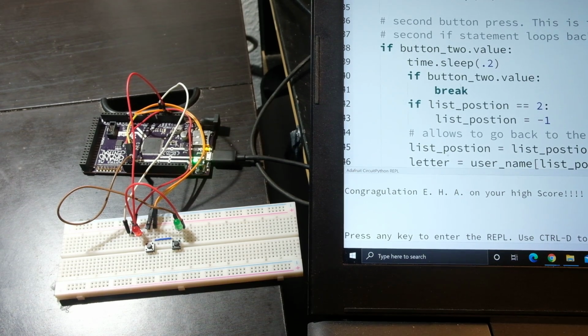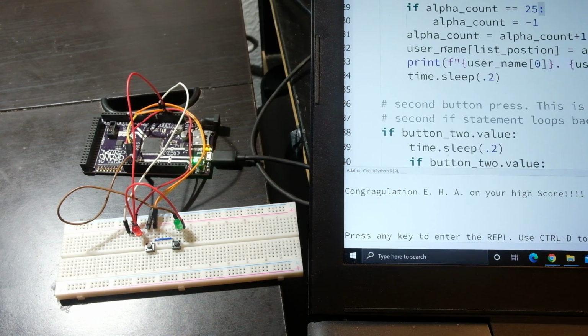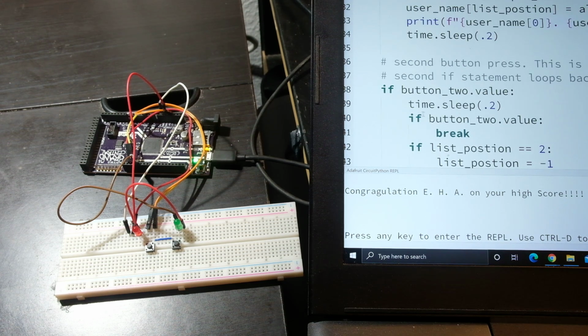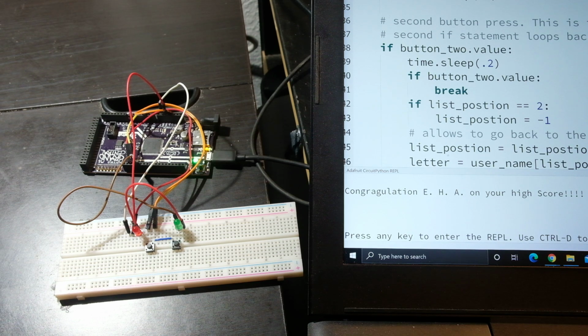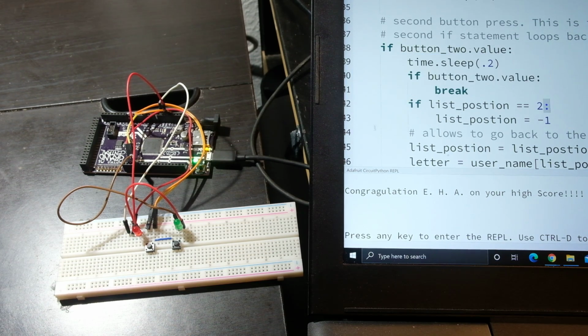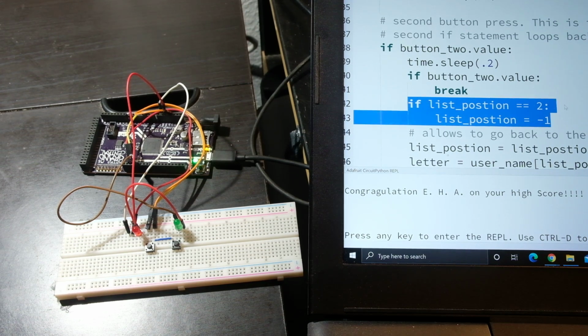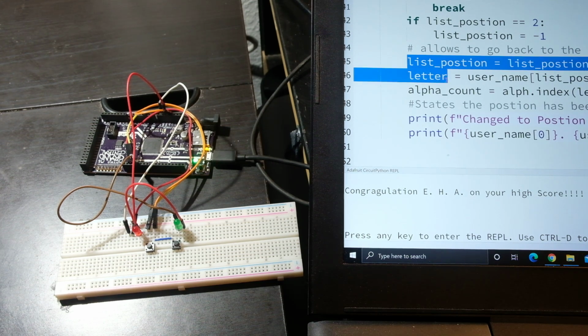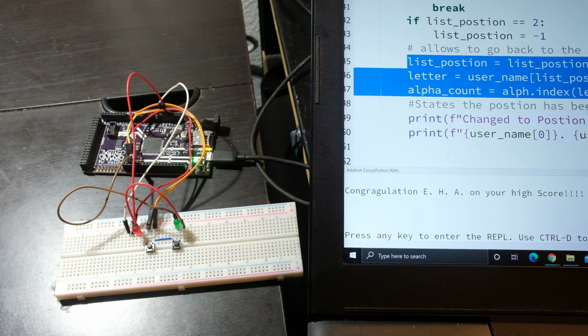And then if you press button 2, it's a rough breakdown, but if button 2 is held right here, then it breaks out and prints your initials with the congratulations. This loops through the position, so once you hit position 3 and you want to go back to position 1, and then right here, these 3 lines